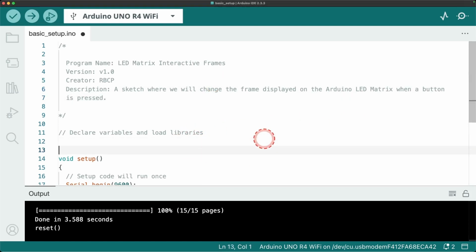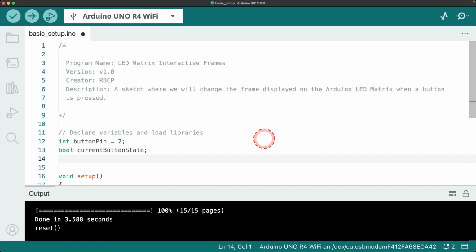Declare the variables. Add int buttonPin = 2; to declare the pin that the button is connected to. Next, we will create variables to store the current and previous state of the button. Type bool currentButtonState; and bool prevButtonState = LOW;